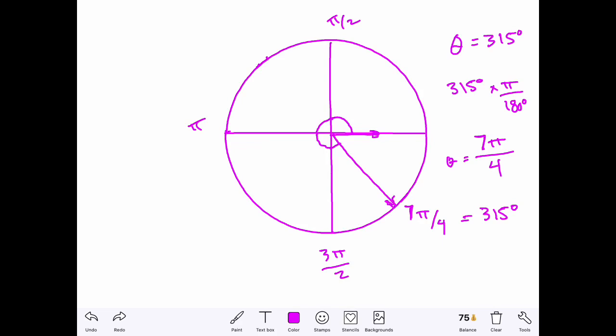Terminal side. Okay. Now, when I go to look at this, I want to look at the reference angle, or